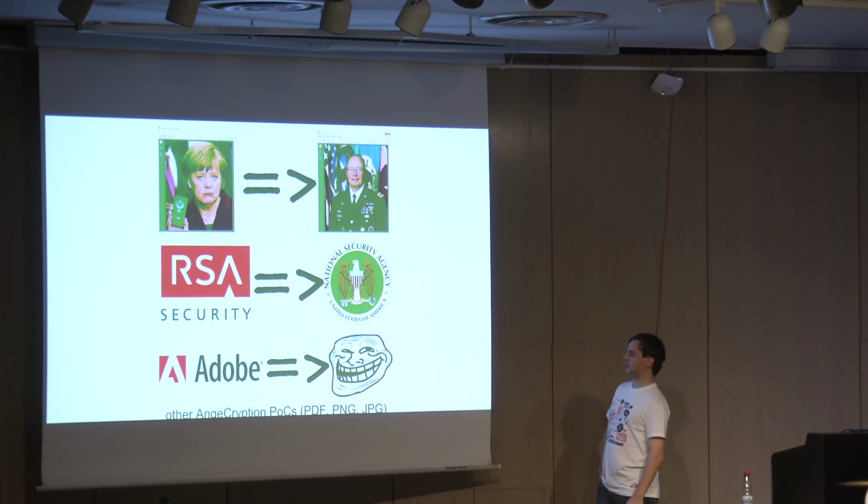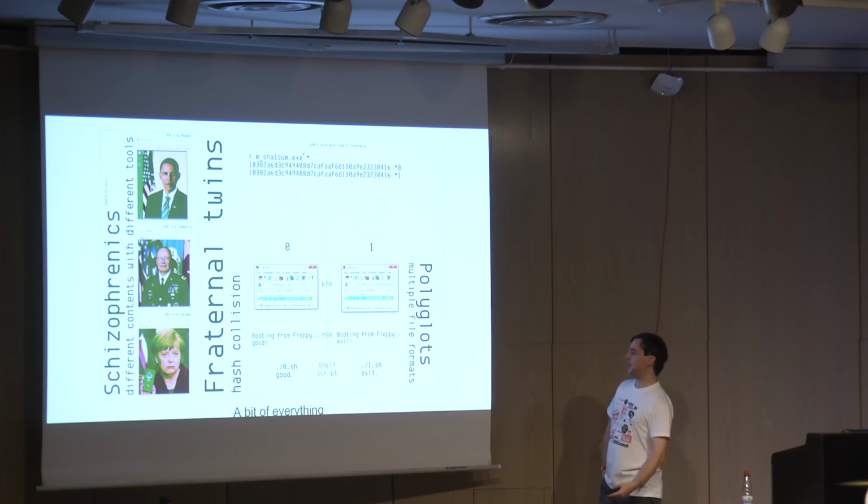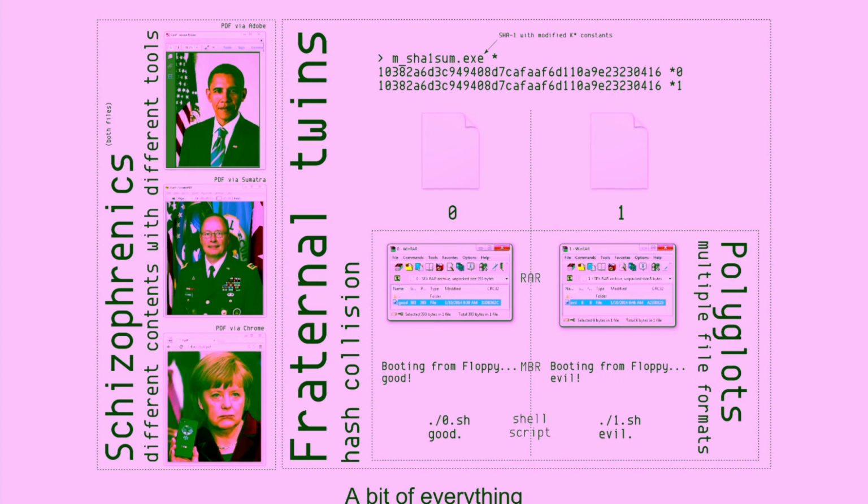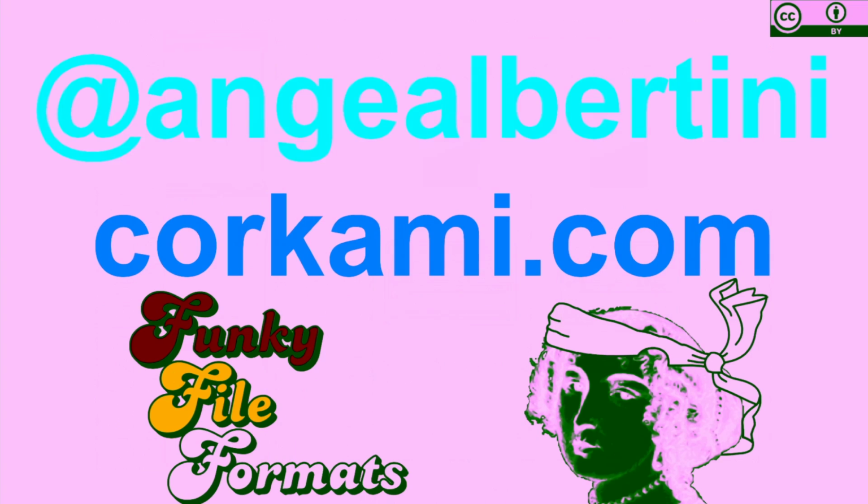Yeah, a few other encryption proofs of concept, the initial ones. So you encrypt this into this, etc. So I had fun with random pictures once again. Then you can also combine. So this is a polyglot with a hash collision and schizophrenic, because if you think about it, it's always possible and it's more artistic. And that's about it for today. Thanks for your attention.